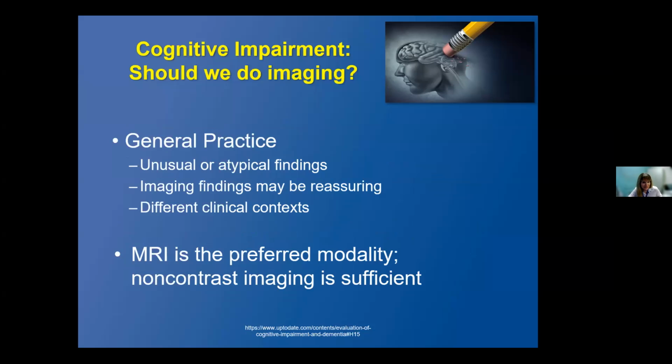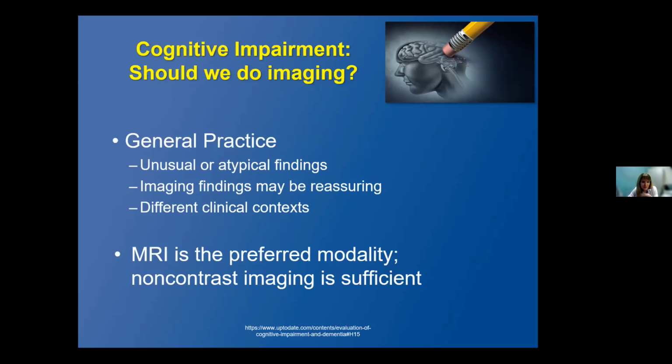Such differences in practice may be attributable to the context in which the patient is seen. For example, neurologists, who may only see a person once, usually obtain imaging when a patient is referred from primary care, whereas a primary care clinician, who has the advantage of serial observations of that patient over time, and the patient is known to them, may order imaging studies more selectively. So some families will also request imaging studies for reassurance, which are requested after explanation of the limited yield of